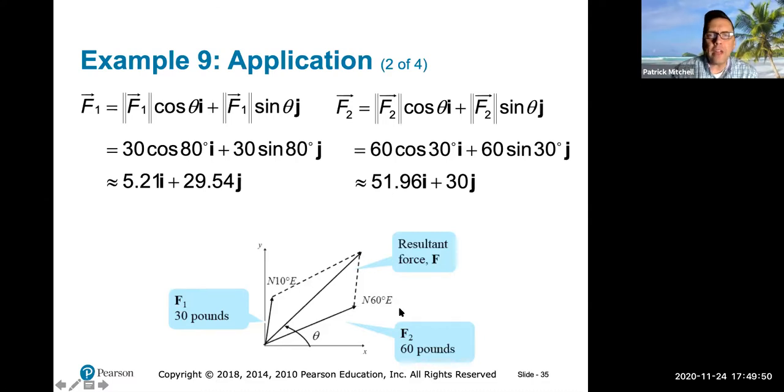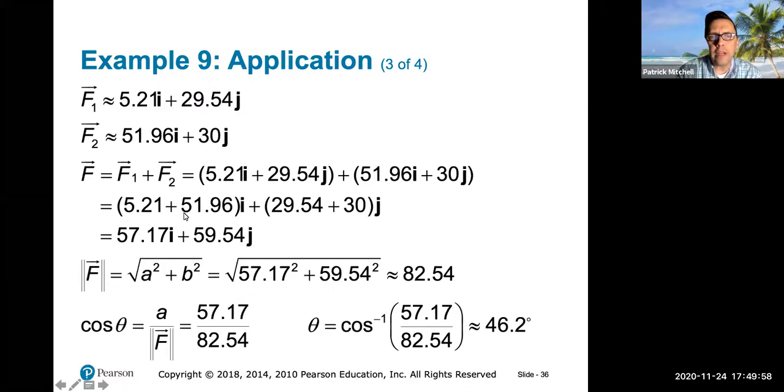So now that we have the components of F1 and F2, we're going to add F1 and F2 together, which is going to give us 57.17 i plus 59.54 j. And now that we have the components of the resultant vector, we can find its magnitude using this formula. The square root of 57.17 squared plus 59.54 squared comes out to be about 82.54. And then the cosine of theta